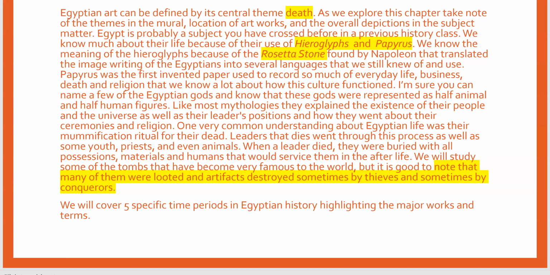But with those, we have a good snapshot of Egyptian life and times and art and understanding. However, these places have been looted over time. In fact, it was pretty common that within 48 hours after someone was buried, grave robbers came in and took the most precious of items. And of course, over time, things that didn't get looted then were looted later on and later on.